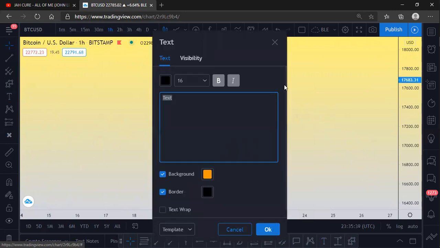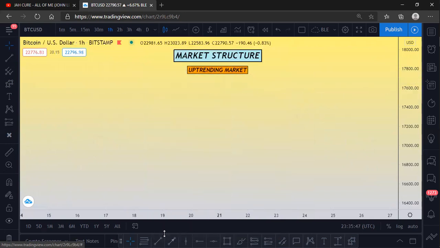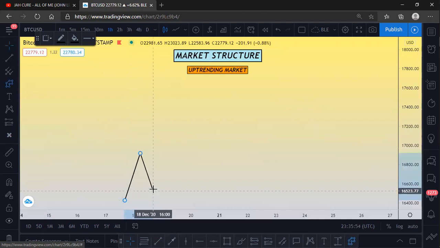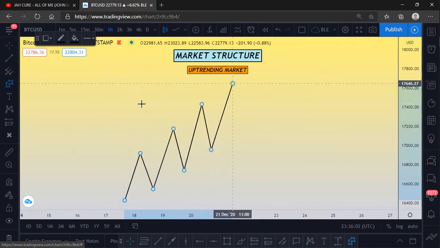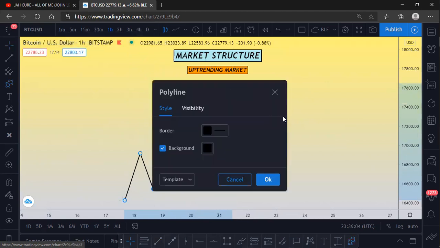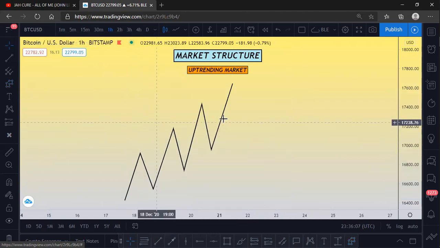I want to talk about uptrending markets. All right, so the market is trending up. In this case, this market did something like this: down, up, down, up, down, up. Okay. So now the market is uptrending, right? Now let's assume we don't have this in play. Let me move this to this side.